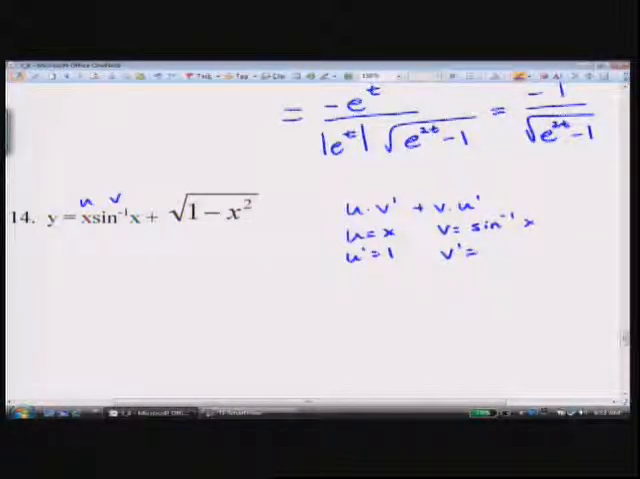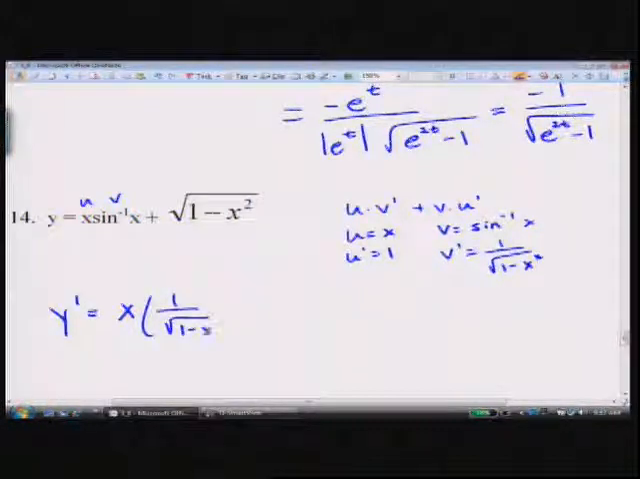over the square root of 1 minus U squared, because our U here is just X. So it's U prime over the square root of 1 minus U squared that is the derivative of the inverse sine. Okay, so Y prime is U, which is X, times V prime, which is 1 over the square root of 1 minus X squared, plus V, which is the inverse sine of X, times U prime, which is 1,